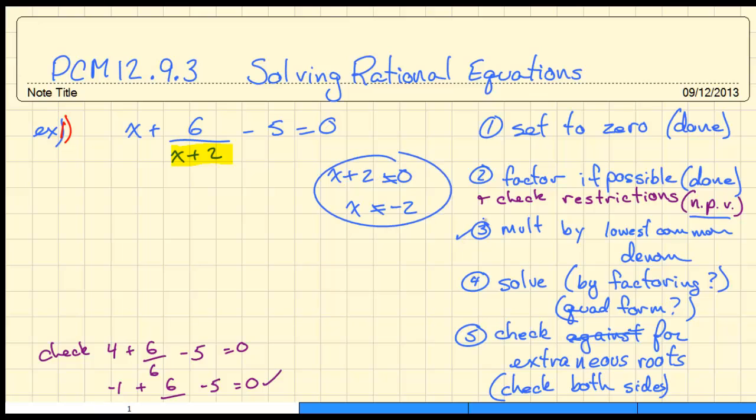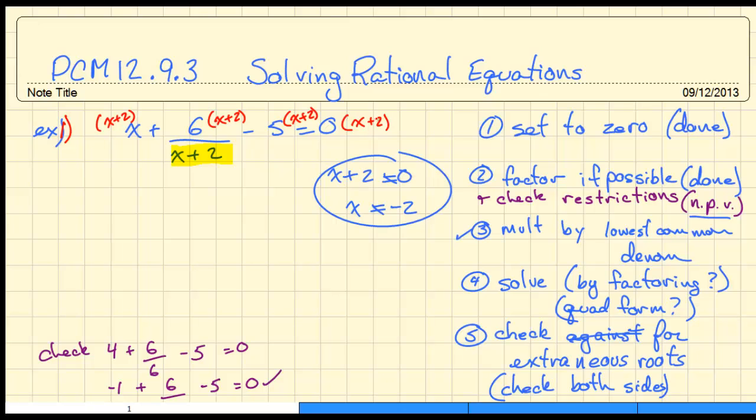Third thing is we want to multiply each term in this equation by the lowest common denominator. So we only have one denominator right now, so that's easy. We're just going to multiply everything by x plus 2. And I'm physically going to write that x plus 2 out so that I don't forget it. I'll even write it over here on the right hand side, just so I remind myself that everything gets multiplied